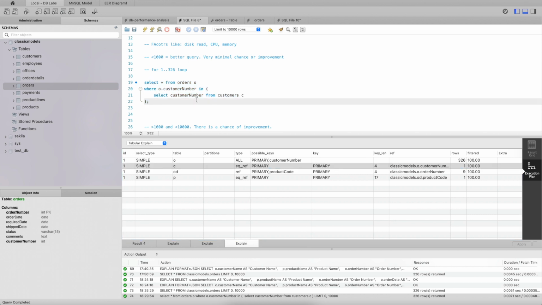case, what is the reference table? Customer number, right? The reference table, if you are trying to join using the primary key, which is the primary key or not null unique index key, then only this type is getting applied or will be applied. Okay,